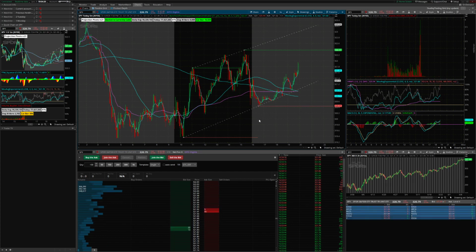Market vitality. God, I don't know why I do this. This is going to show you what's going on as far as the market right now. Is it calm? Is it volatile? What's going on? So you'll have a red box if it's volatile, blue box if it's neutral, green if it's